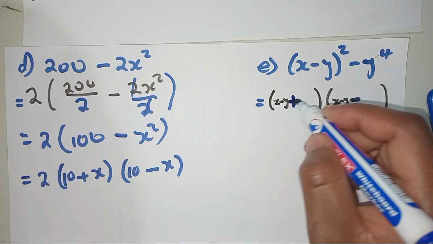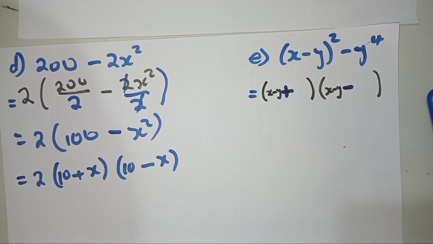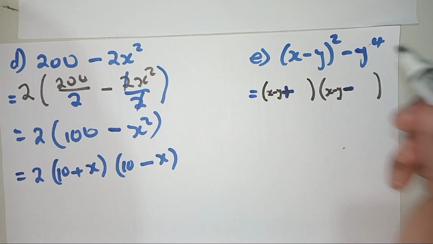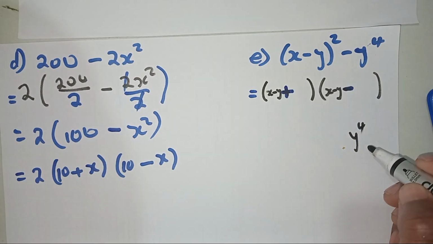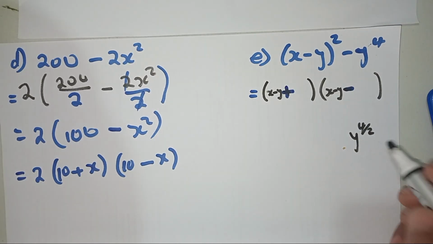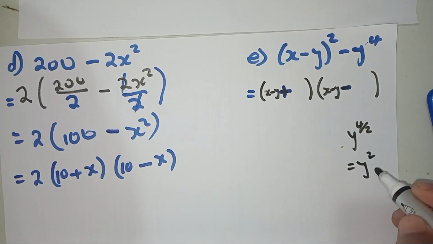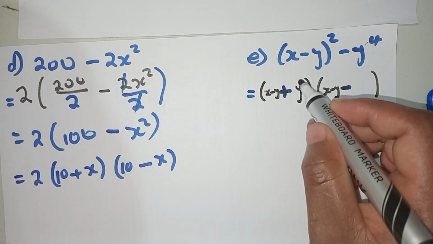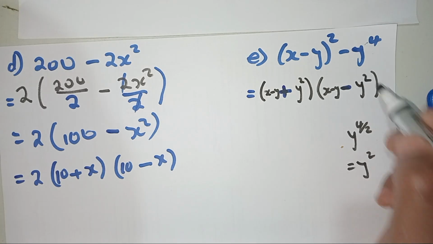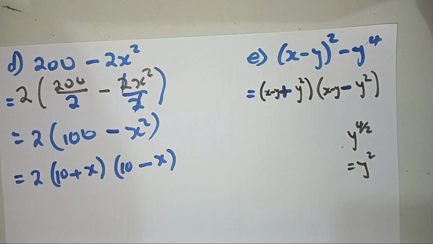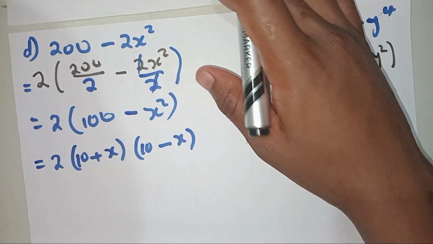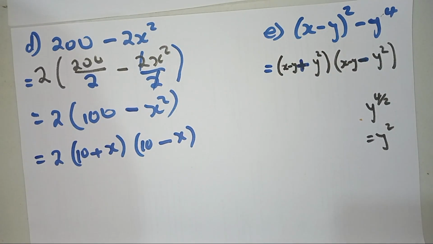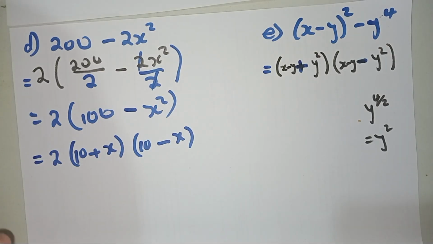So now we are looking for the square root of this one. Since we have y exponent 4, we're going to divide the exponent by 2, which results in y exponent 2. It's going to be plus y exponent 2, and y exponent 2, right? Just following these steps, guys, you will never get lost. If you find that you have 2 terms, always try finding the common factor first. Therefore, you will be good to go. That's how it works, guys.